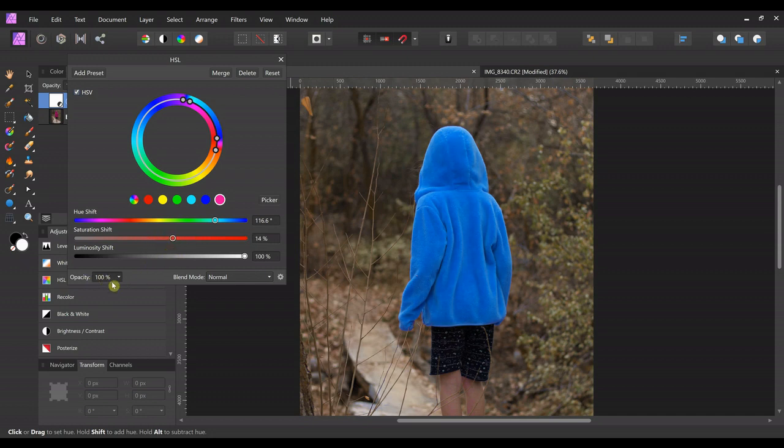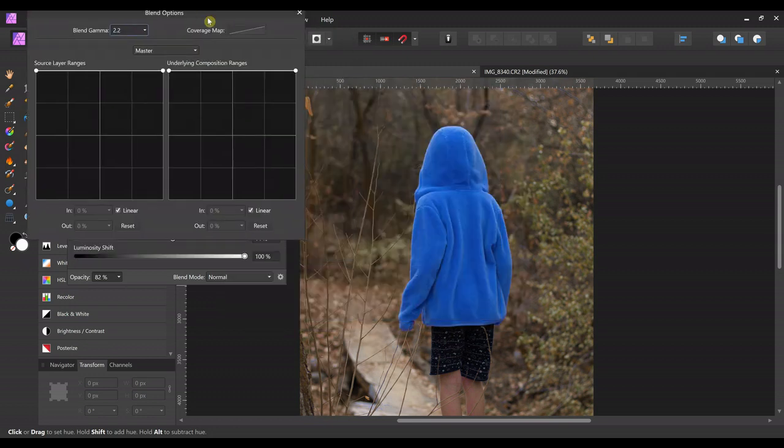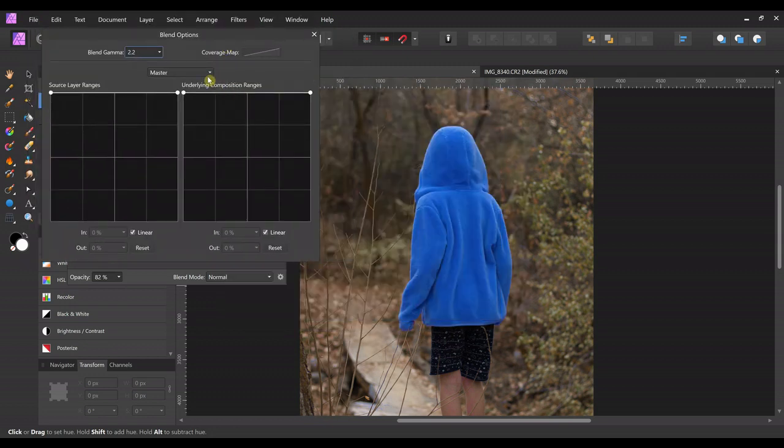You can change the opacity. I like to change the opacity sometimes, just a little, because it helps blend it better and make it look more realistic. Also blend ranges. I'll show you blend modes in a second. Blend ranges are good. Let's look at the source layer. That's going to be the